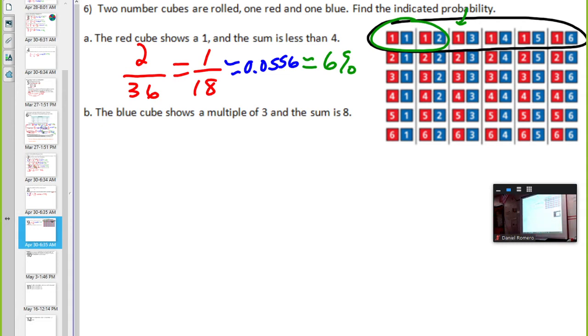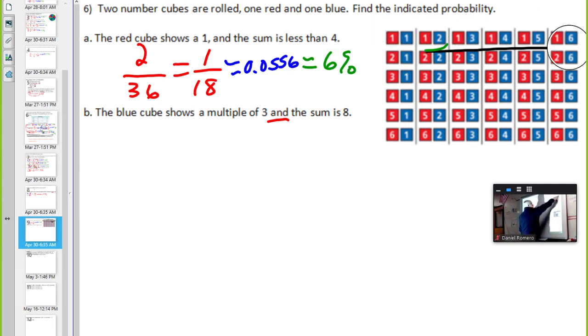So what's the probability that the blue cube shows a multiple of 3 and the sum is 8? So we're looking for the intersection. All the numbers are between 1 and 6. What are multiples of 3? Well, 3, 6, 9. Oh, he said 6. Okay, so just 3 and 6. Multiples are like counting by that number: 3, 6, 9, 12. And the only numbers here, Angel, are 3 and 6. So where we have the blue cube of the 3,